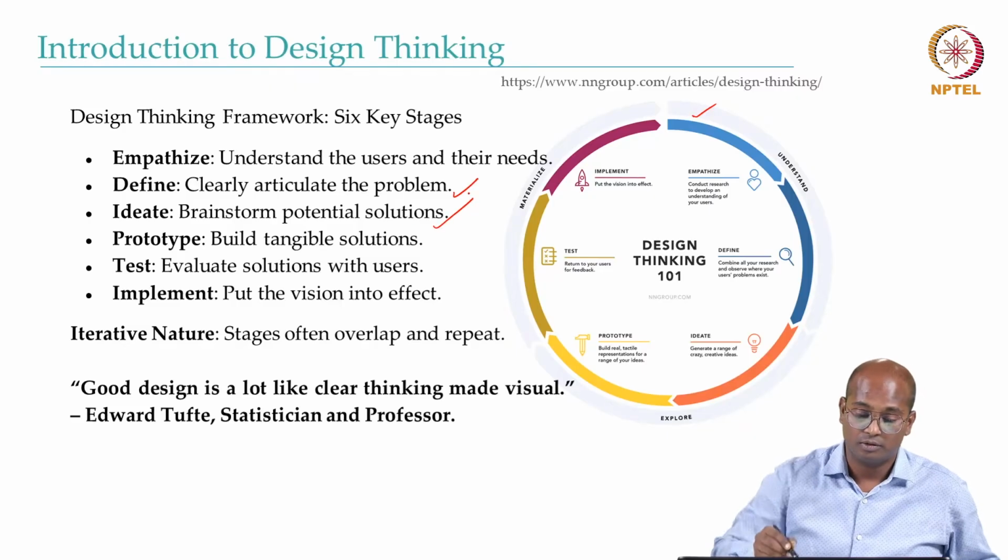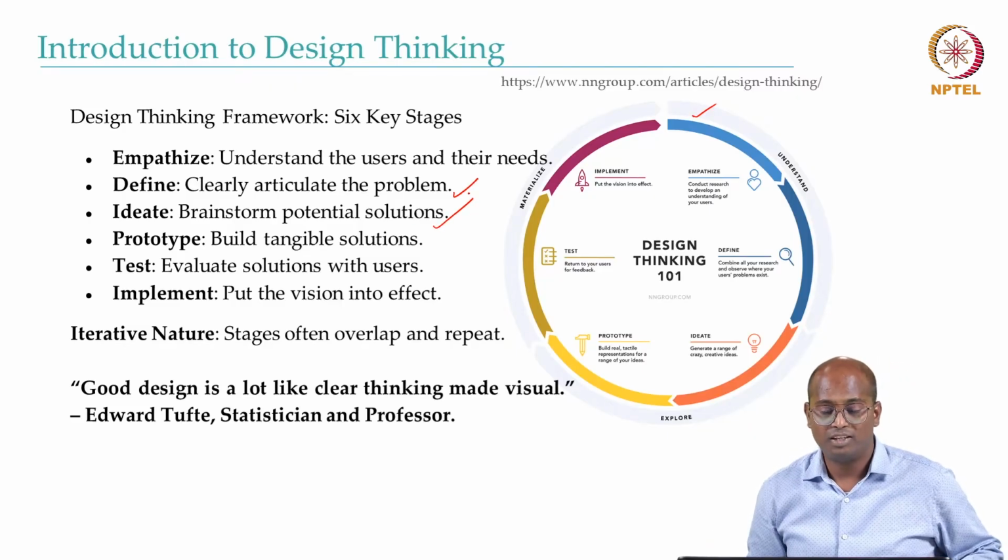Ideate the solution. So brainstorming is one of the potential solutions to do that, because once you define the problem, the next stage is what all the possible solutions are there. And for that, brainstorming is one of the group activities where different people participate and they try to come up with the possible solution. Doesn't matter good or bad, but the idea is with the group activity, something useful will come out.